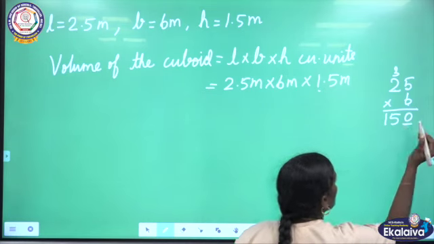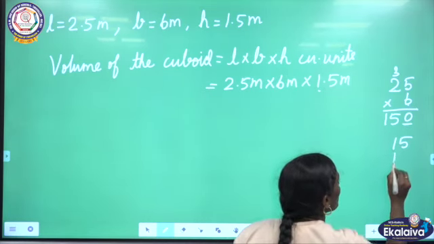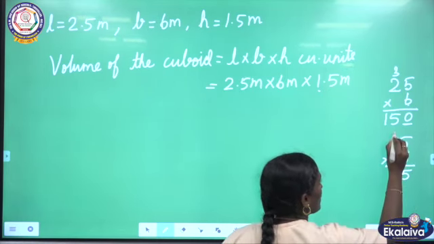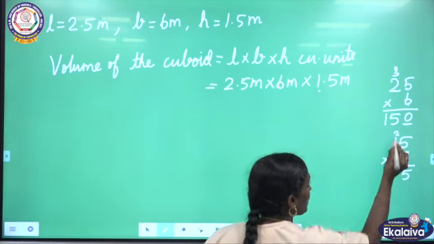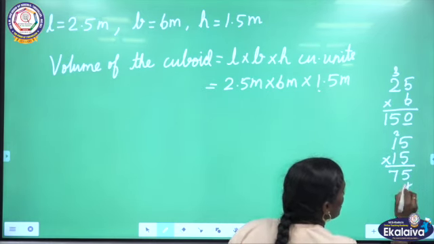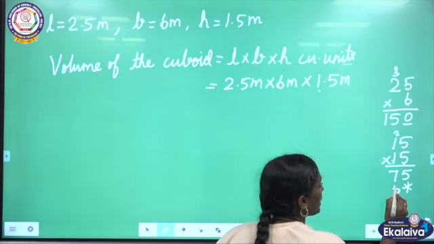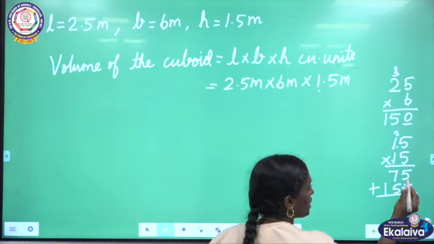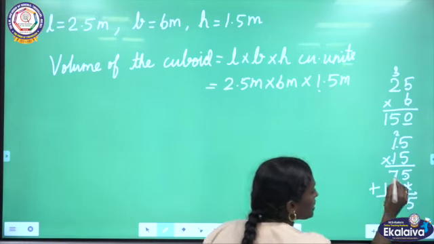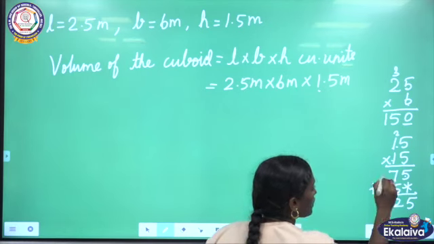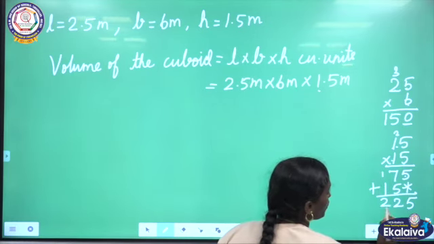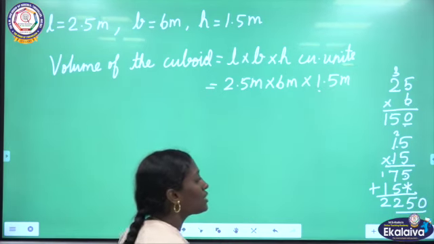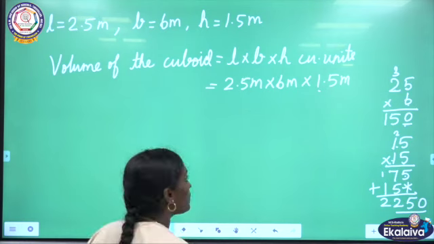Okay. So, here the number is ending with 0, so I am going to multiply 15 and 15. Okay. Here 5 5s are 25. 5 here, 2 carry over, 5 into 1, 5, 5 plus 2, 7. Then we have to leave the ones place, 1 into 5, 5, 1 into 1, 1. While multiplying the number by 1, we will get the same number. Now we have to add here 5, 7 plus 5, 12. 2 here, 1 carry over, 1 plus 1, 2. Now I have left 1 0. So I am adding 1 0 here. Then the answer is 2250.